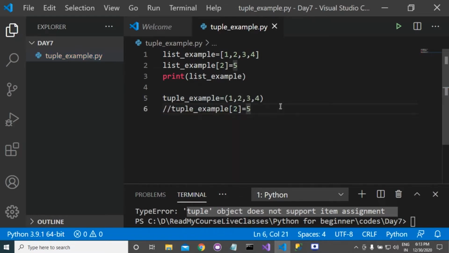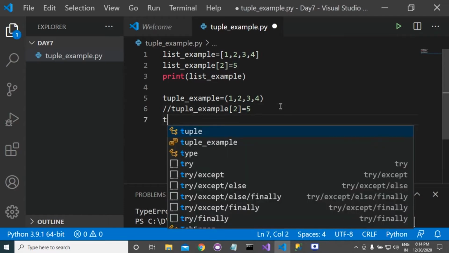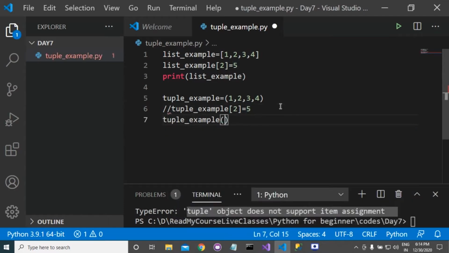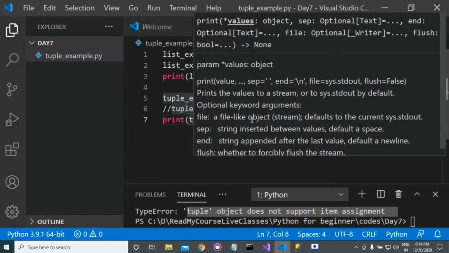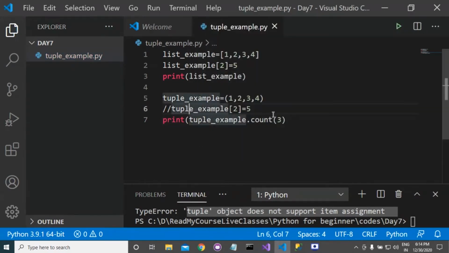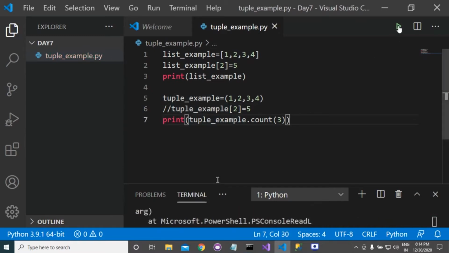If you want to count an element, then you can call the count method, dot count. Suppose I want to check how many times this 3 is present, then I will pass 3 here, and you can print the result.